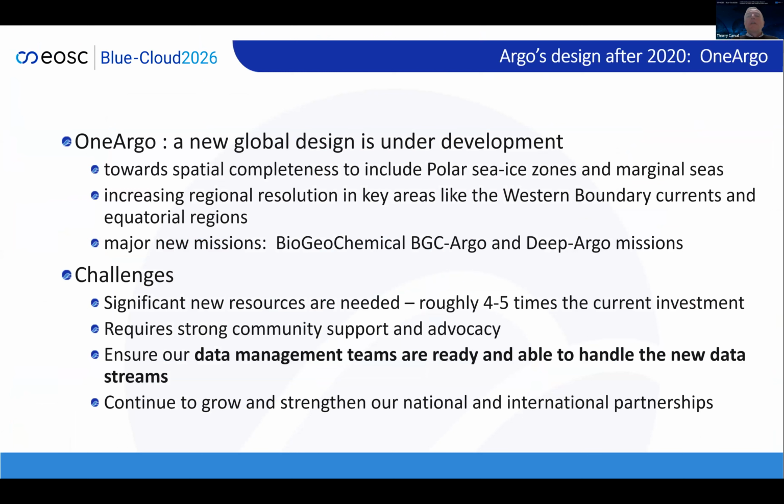And now to finish, the next step: we are transitioning from the Argo international program to a much wider program, which is One Argo. So One Argo is a new global design and development towards spatial completeness to include the polar sea ice zones, the marginal seas, increased regional resolution in key areas such as the western boundary currents and equatorial region, and major new missions, the biogeochemical Argo and the deep Argo missions. So the challenges are significant: new resources are needed, roughly 4 or 5 times the current investments. So we are heading toward $1 billion or euros of investments that is needed to perform this big step